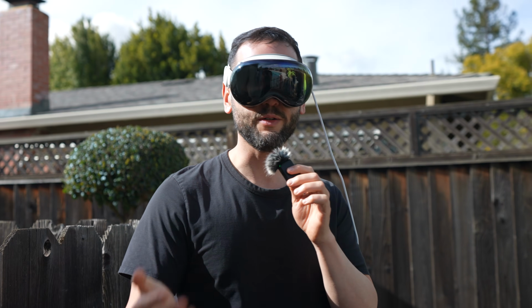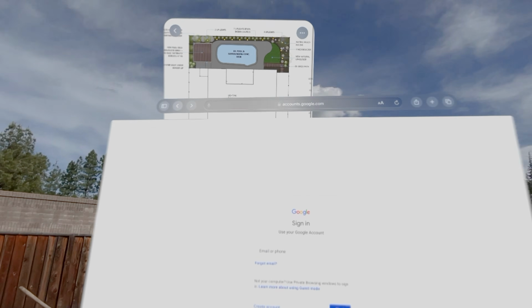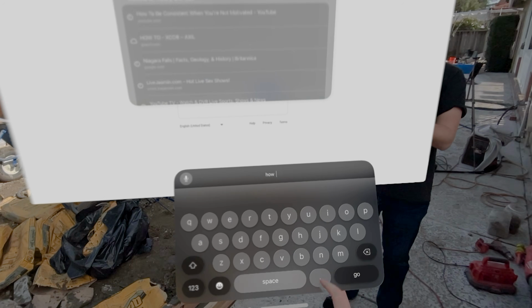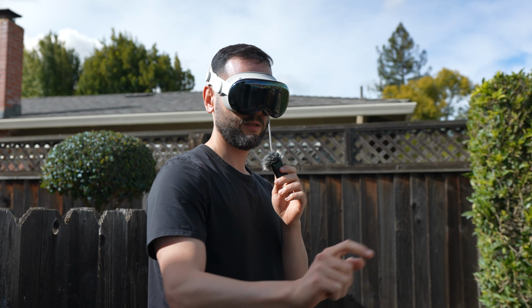Now, they're doing concrete, so we're gonna figure out how long it's gonna take concrete to cure. How long does